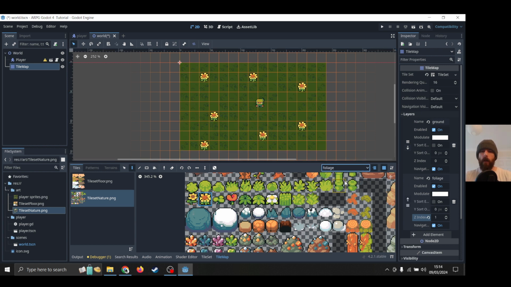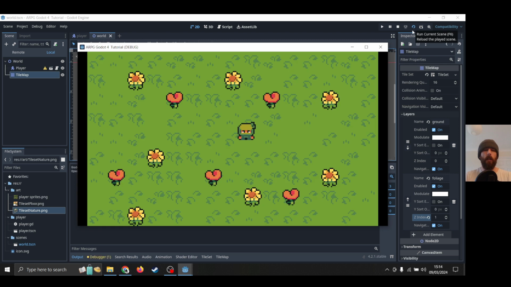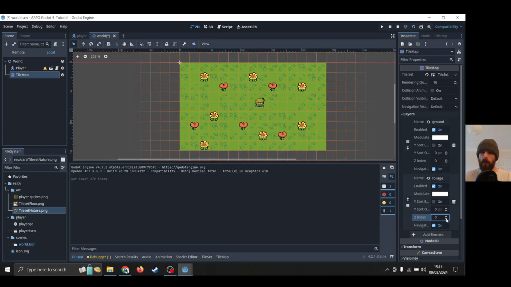Anyway, let's work in the foliage channel. Let's select a different flower. Let's go with this weird looking thing here. What is that even? I don't think I've ever seen a flower that looks like that. Awesome. Right, we'll save that and let's have a little look at the scene. We should be able to walk around over the top of the flowers. Oh no, under the flowers, and that is because I changed the Z index, so